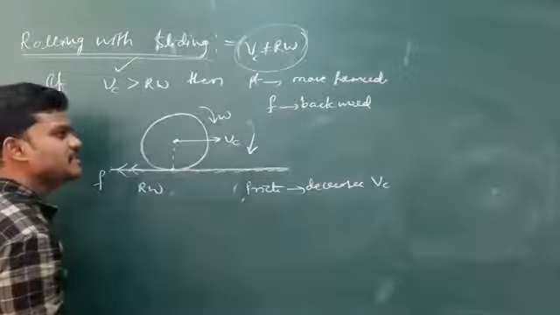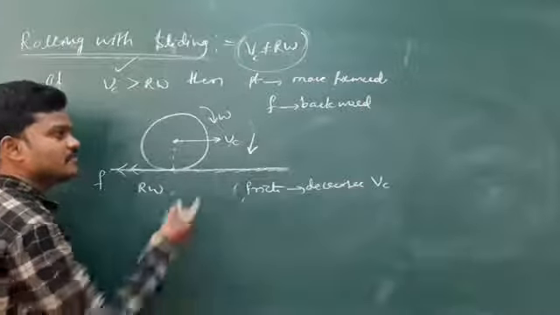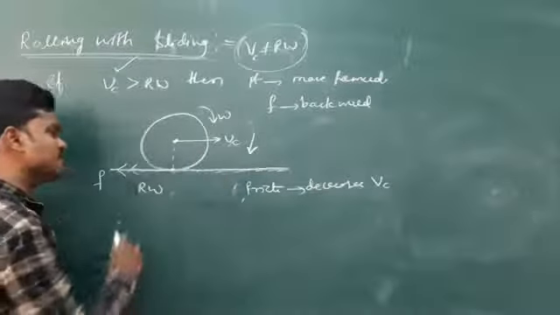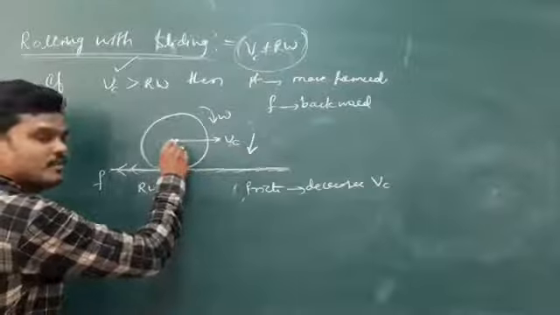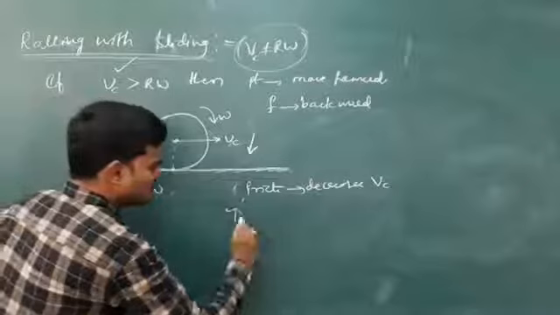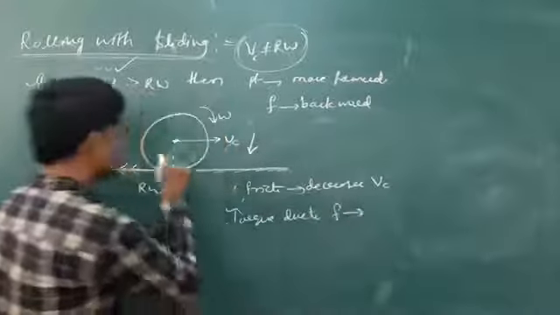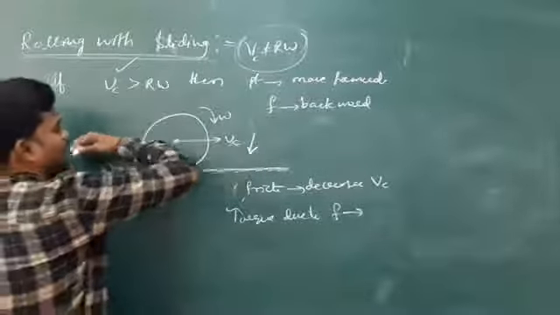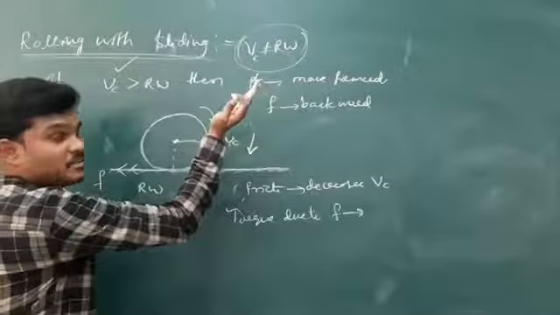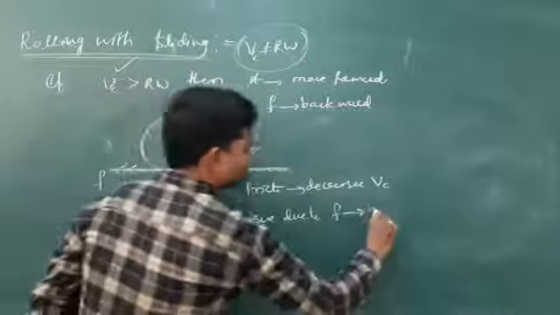As linear speed decreases, then after some time, definitely this omega will change. Because linear speed decreases, omega definitely changes. And if we take torque about this point, this torque is possible because of frictional force. This torque will act in this direction, clockwise. And due to this torque, this omega increases.